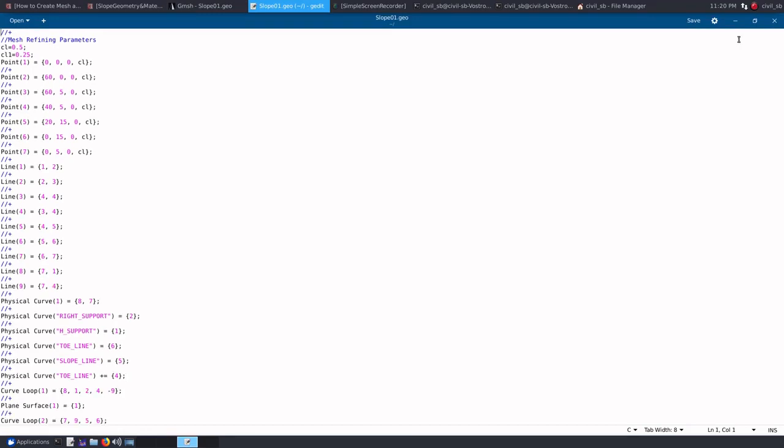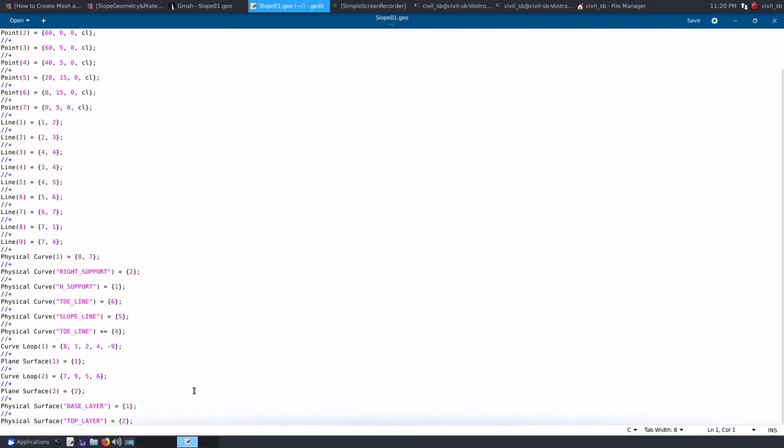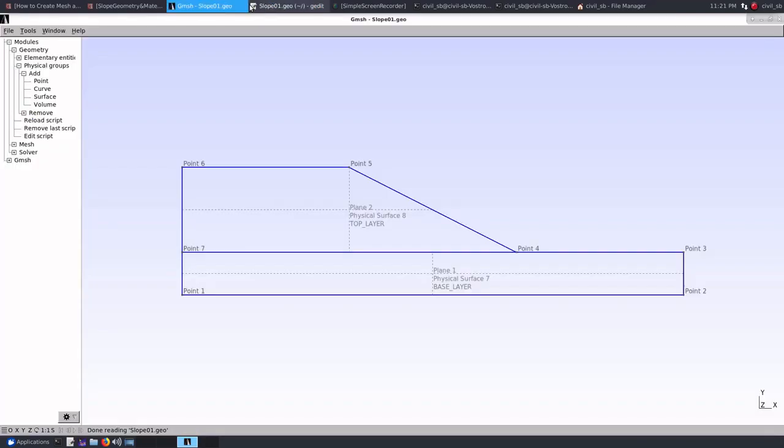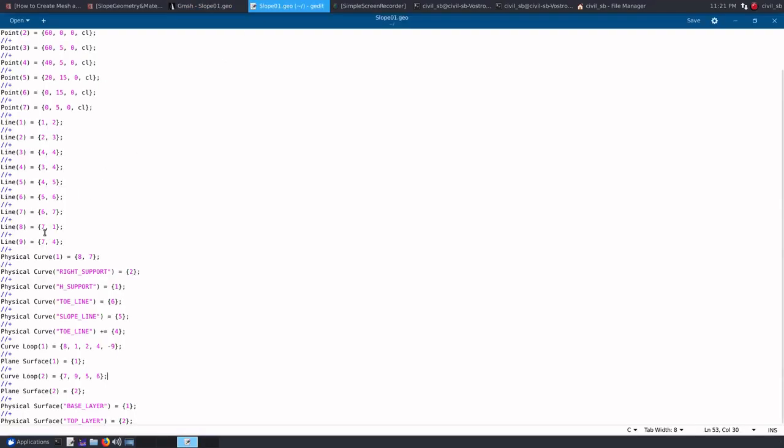Yes, now it has come, reload. Now you see the plane surfaces have been generated using the curve loop, and then they have been named as base layer and top layer. So here you can see that we can write everything even in the script without starting the GUI, and for that one thing we need to remember is